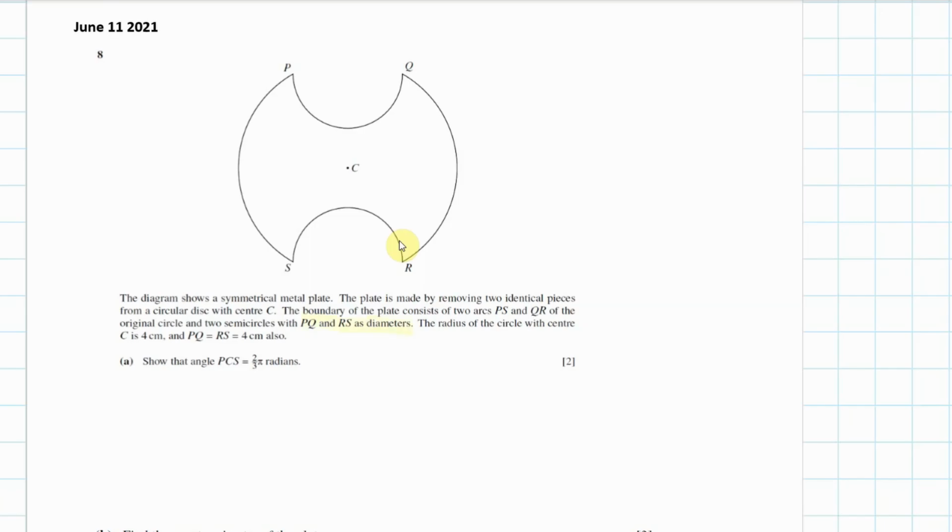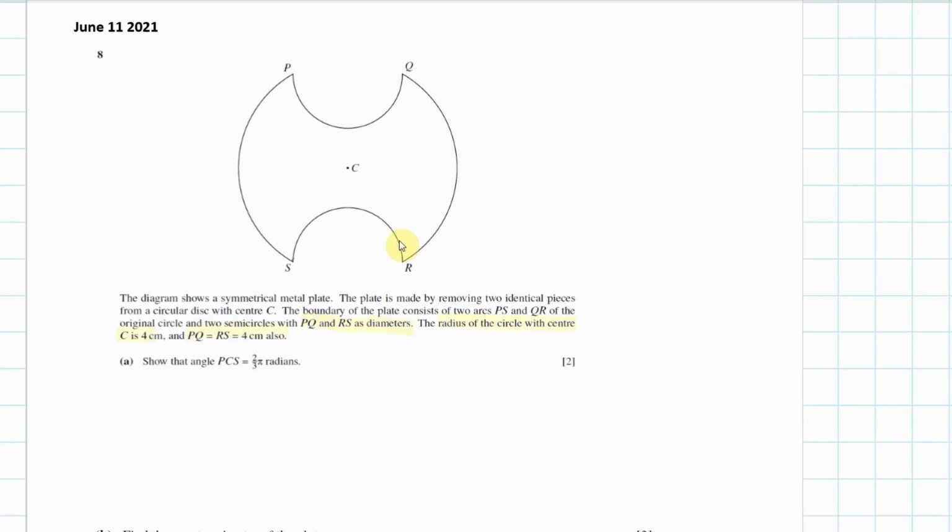The radius of the circle, centre C, is 4. And we know that PQ and RS are also 4. We've got to show that the angle PCS is 2 pi over 3 radians. Okay, well,